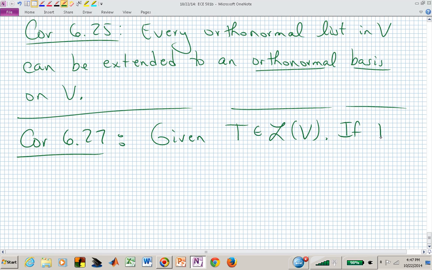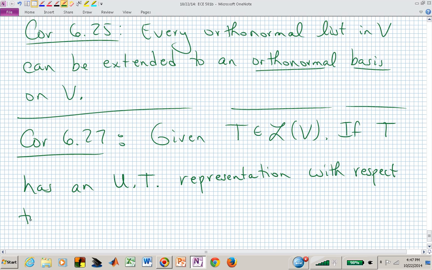If that linear operator T has an upper triangular representation, getting lazy, aren't I? If T has an upper triangular representation with respect to some basis,